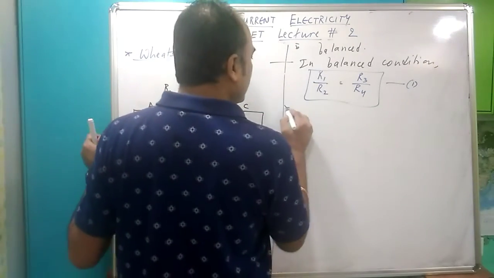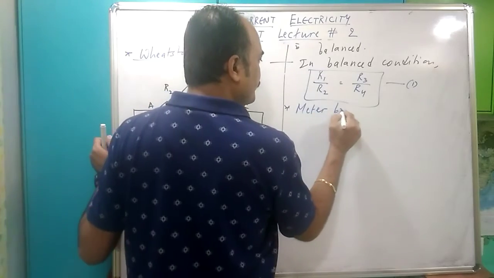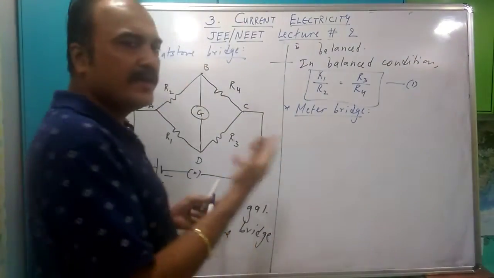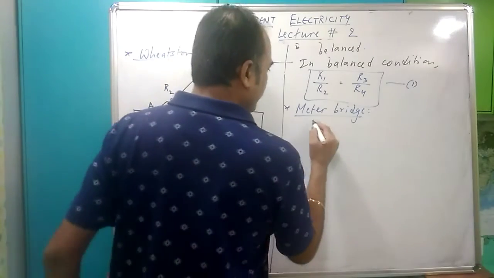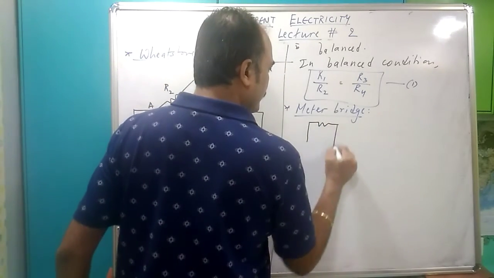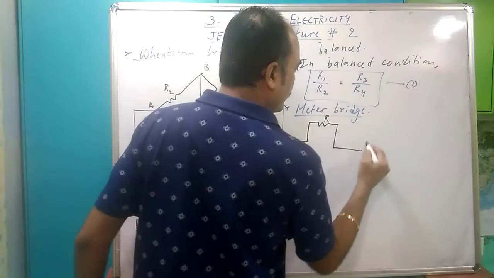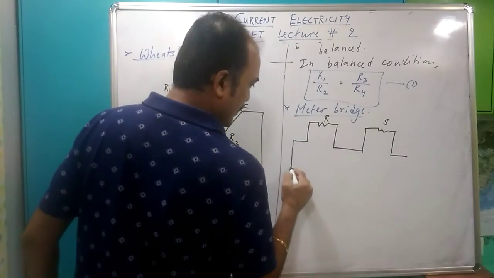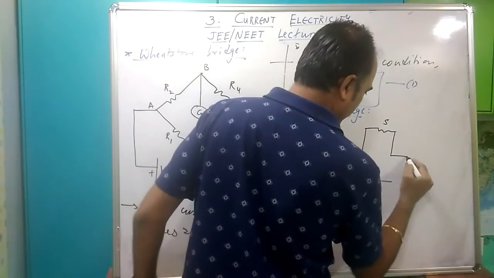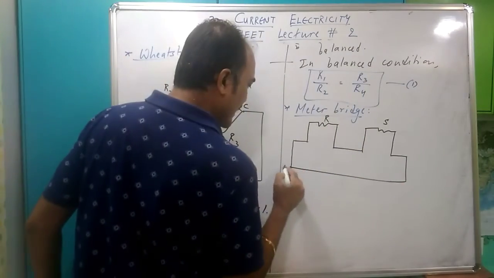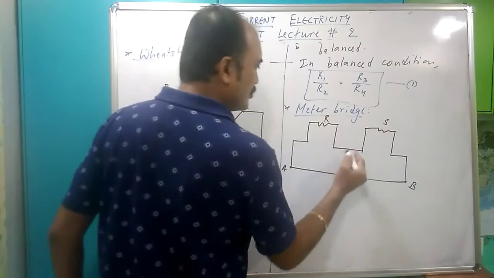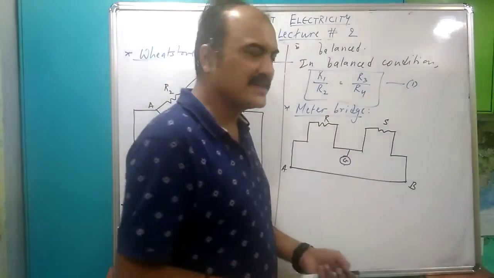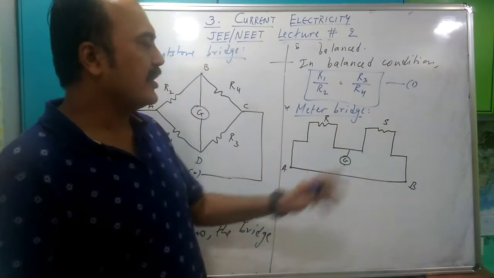The practical application is called a meter bridge. A meter long wire. Now in meter bridge we have only 2 resistors, R and S. So this is R and this is S. You have seen the diagram. I am not drawing the actual diagram, I am just putting a faint touch to this, and this is the galvanometer. Obviously there is a battery down below, uske bagair to kaise kaam chalega. Okay, but I'm not drawing it to perfection.